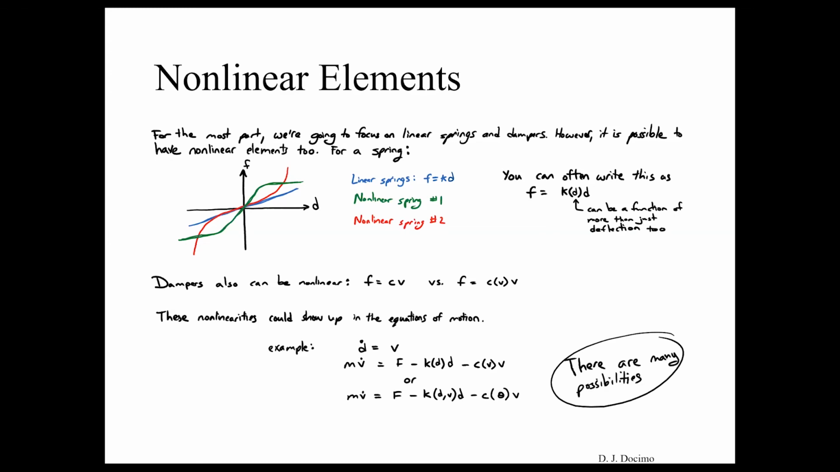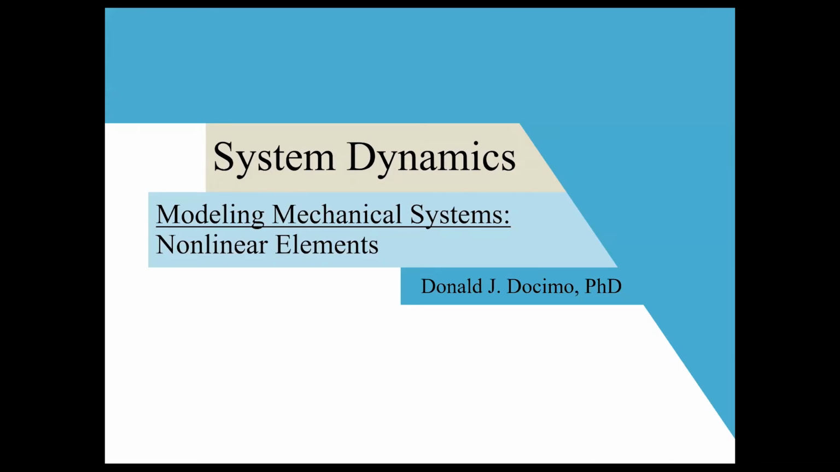So for example, if we have D dot is equal to V and m V dot is equal to F minus K, which is a function of D, times D, minus C, which is a function of V, times V, that is a legitimate system with a nonlinear spring and a nonlinear damper. And that nonlinear spring could even potentially be a function of deflection and velocity, as shown in the latter equation. Or the spring or the damper could be a function of some other unknown input or parameter theta. There are many possibilities for what nonlinear elements can look like. And that's going to cover nonlinear